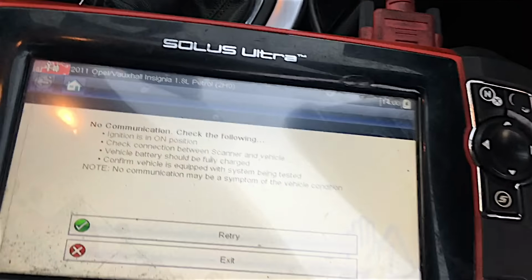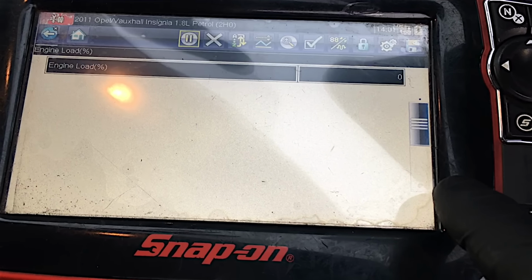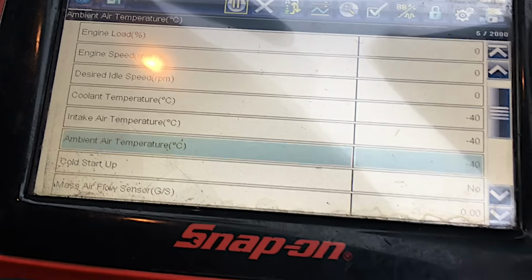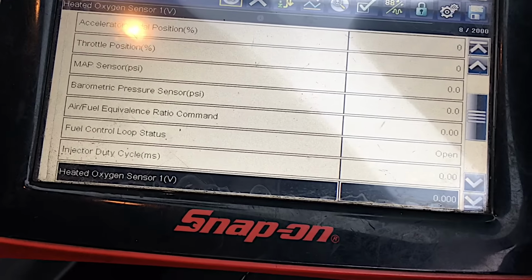the fuel trim, which was reading about 30 and 24, the long-term fuel trim and short-term fuel trim was quite high when it should be sitting around about 0. Let me just get the...